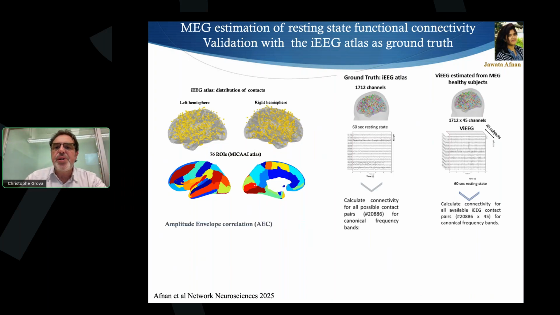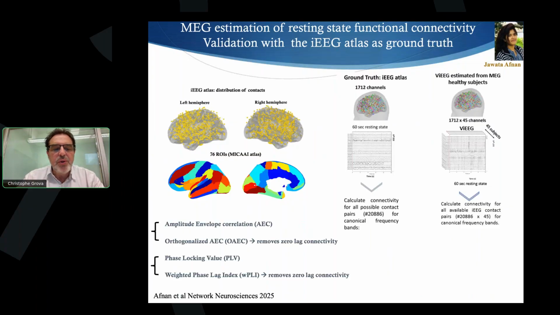So what are the main metrics? Usually to compare the link between 2 regions, we can be based on amplitude, notably we can filter in a specific frequency band and correlate the amplitude. This is amplitude envelope correlation. Or we can look at the phase, like the phase locking value.